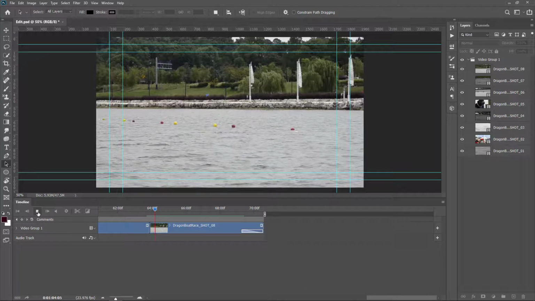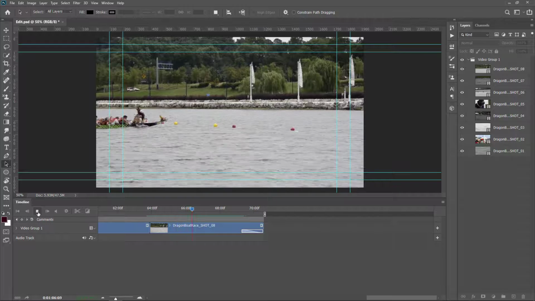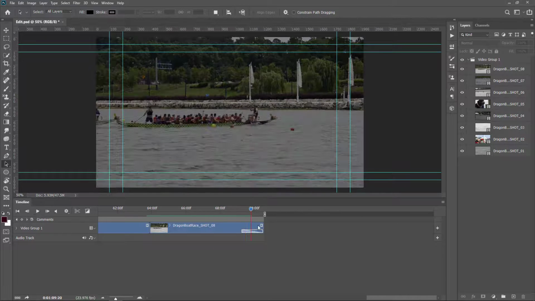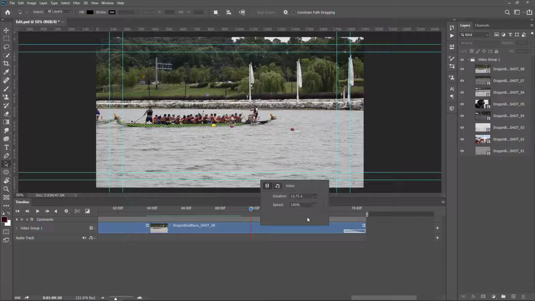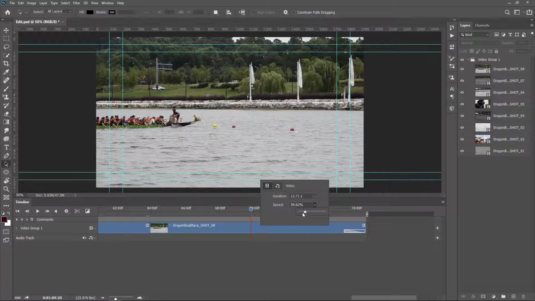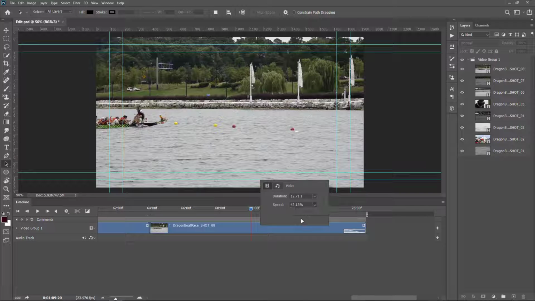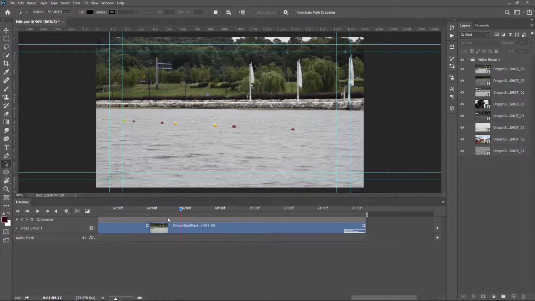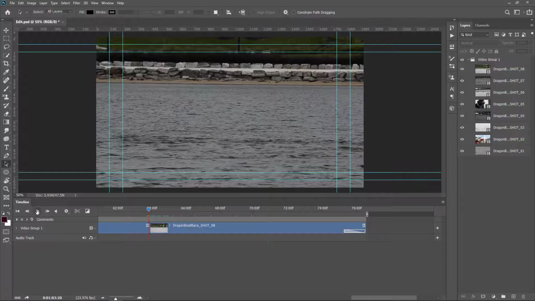Now the video plays very fast, like a time-lapse video. Now I increase the duration, because I want to decrease the speed. Again I drag the playhead to the beginning and click the play button.